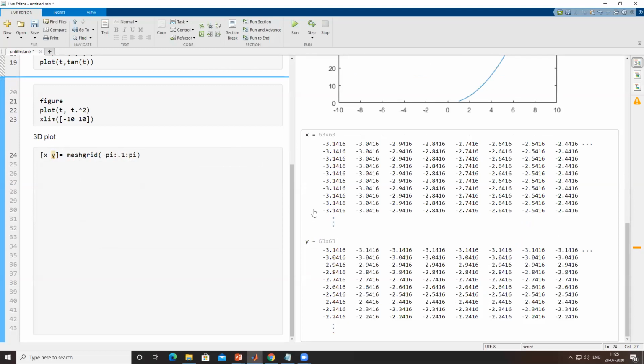You can correlate this to a chessboard, which has a grid of 8 by 8. For each row you have 8 values of x with respect to every value of y, and in the vertical direction you have 8 values of y also. Here it is just making a grid of 63 by 63 size.